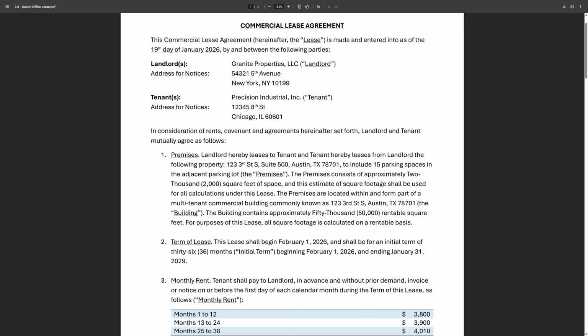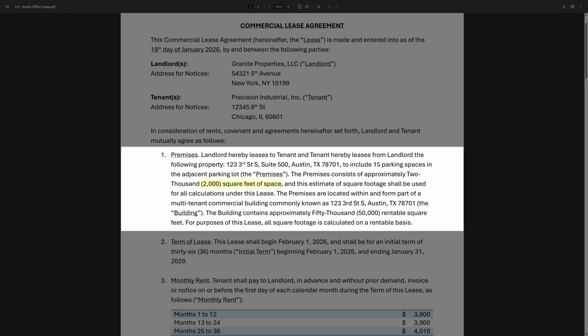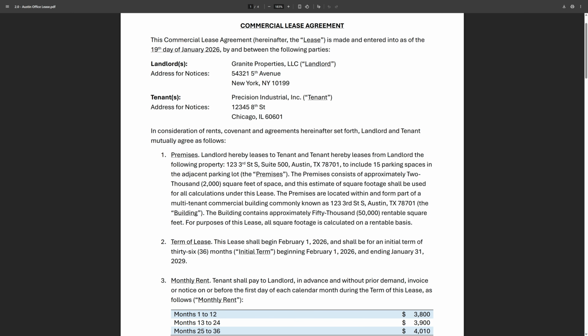So here's the lease we've entered into. We signed the contract on January 19th, 2026. A few important items stand out. We've rented 2,000 square feet of office space in a 50,000 square foot building, and we have 15 parking spaces included. So step 1 is complete. We clearly have a lease under ASC 842. The office suite and parking spaces are identified assets, and as we'll see as we look through the lease, we have the right to obtain substantially all the economic benefits from and direct the use of both during the lease